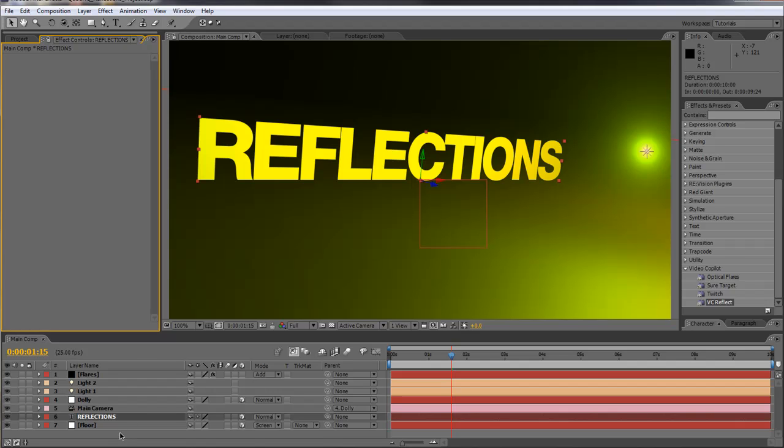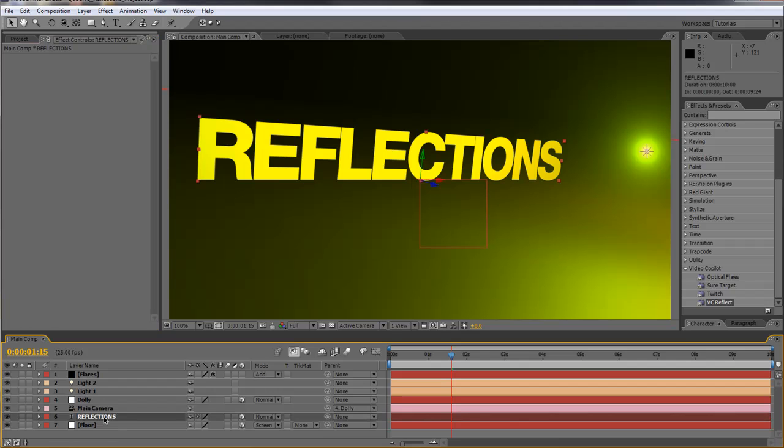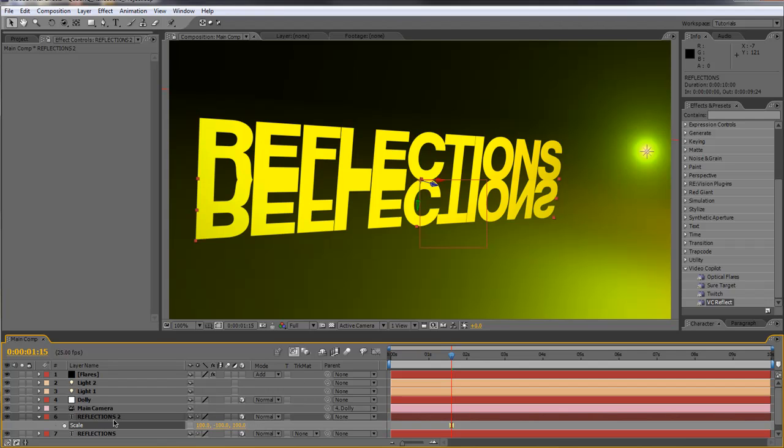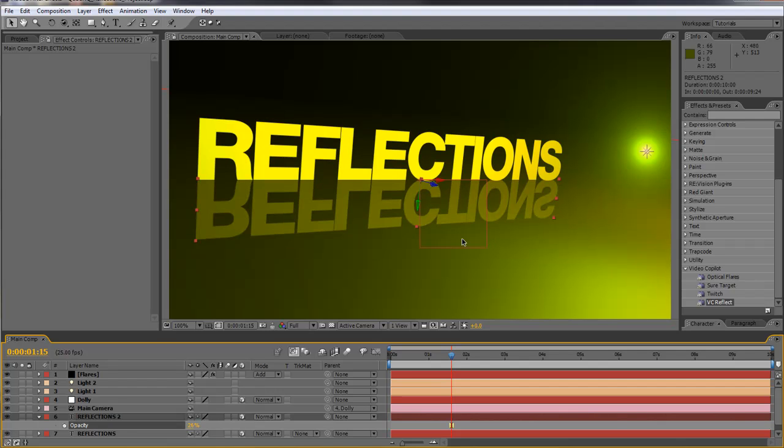Another, most probably commonly used method is simply to make a copy of our layer and scale it along the y-axis into -100. And that creates an accurate reflection. We can then lower the opacity and there we go. But again, we run into the same problem. We have to apply it for every single layer we have, and it only works for texts and 3D layers. It would do nothing to lights,